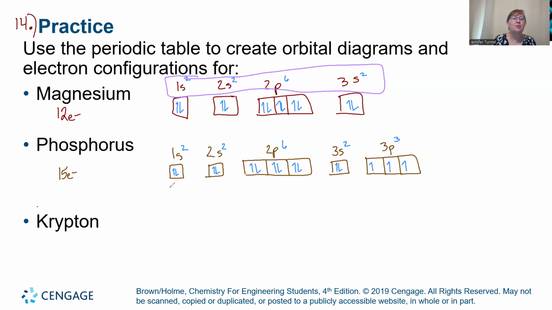Okay, and I'm doing it based on the periodic table. Let's go ahead and take a look now at krypton. Krypton is number 36. So take a look at it on your periodic table. And again, if this is something you're struggling with, this is definitely something that we'll be working on together